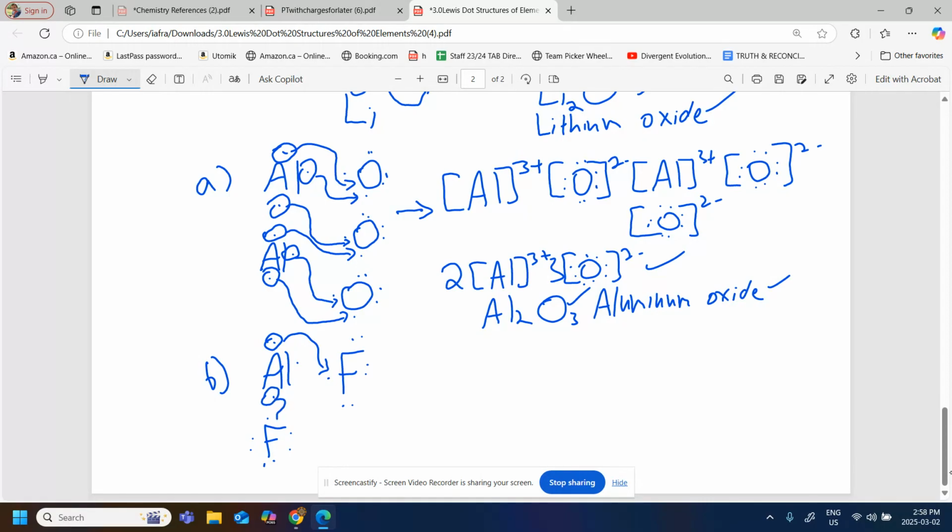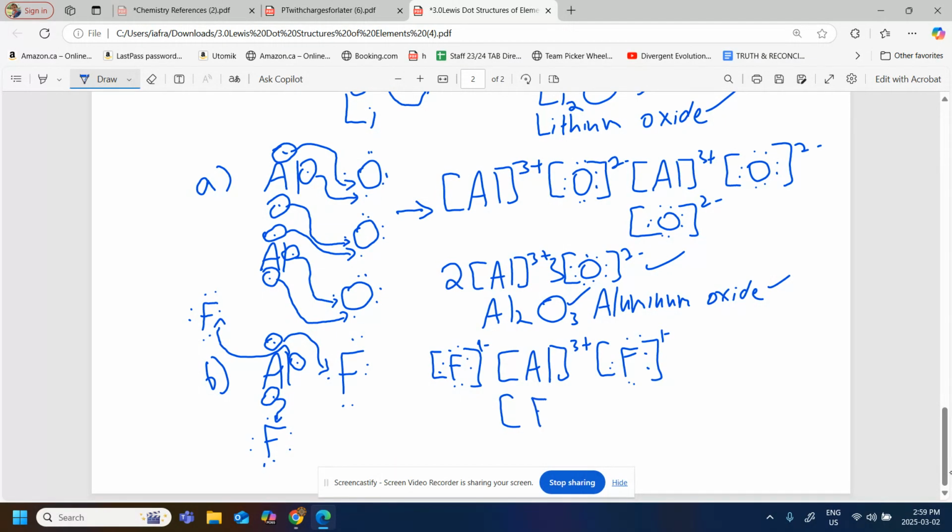This one can donate here. I'll do another one over here. Doesn't have to be on this side, but I'll do it here anyways. And then this one can transfer to that one. And so what happens now at the end is we have aluminum that lost 3. And then we have fluorine gained 1. So 1 minus, another fluorine gained 1, 1 minus, and another fluorine